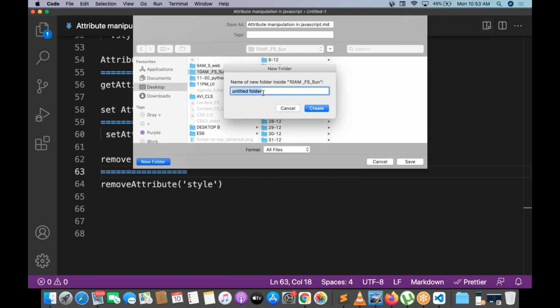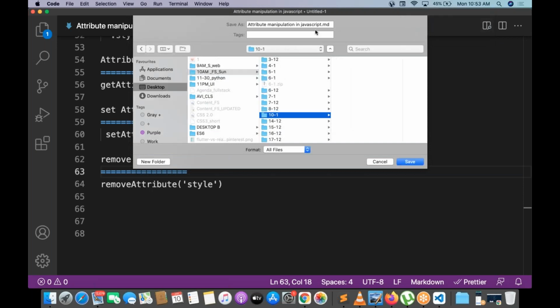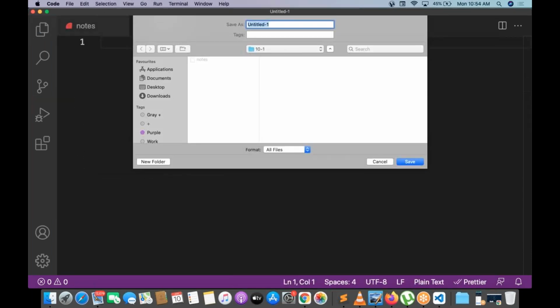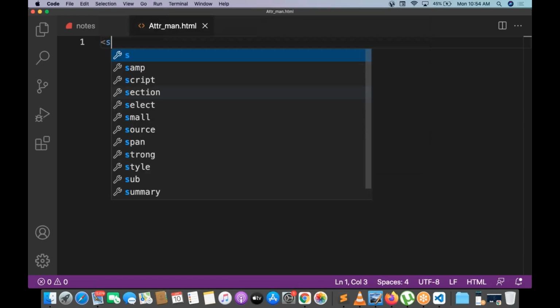It's 10. Let me take a new program and save it as attribute manipulation. Okay, let me write a script.